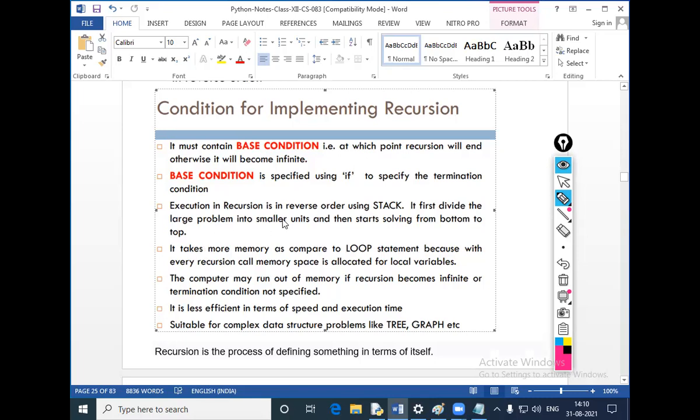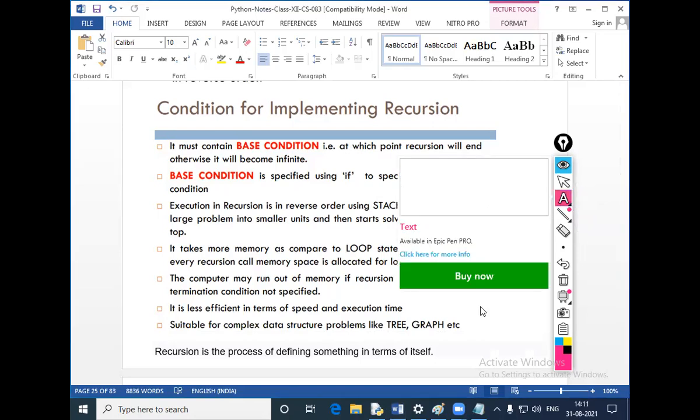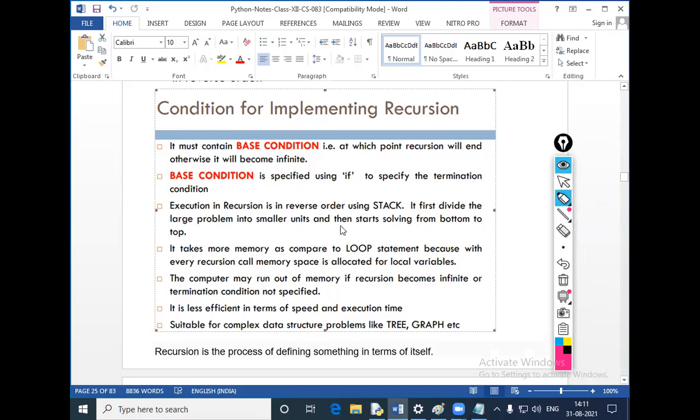Execution in recursion is in reverse order using a stack. Now let us first understand the meaning of stack. Stack means last in first out, or first in last out: LIFO or FILO.